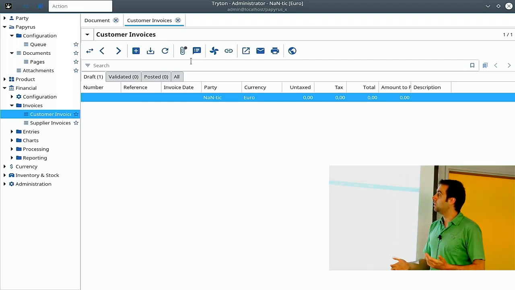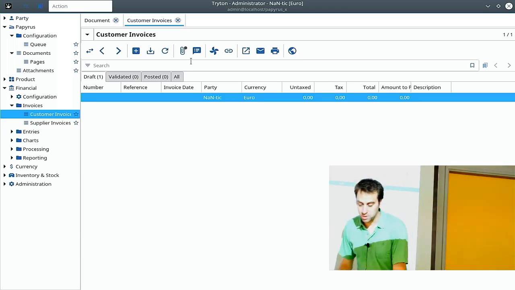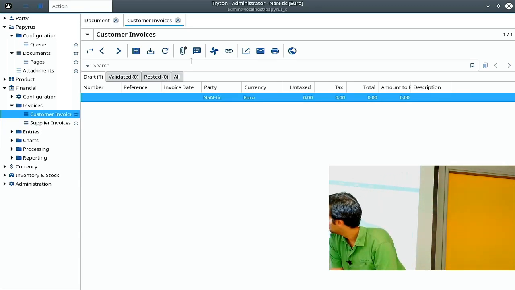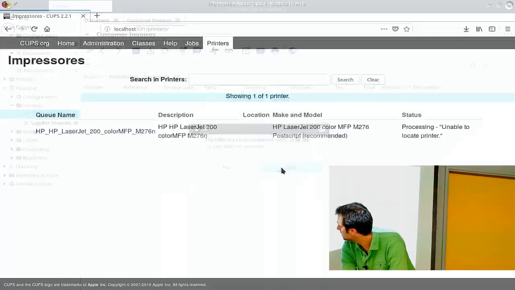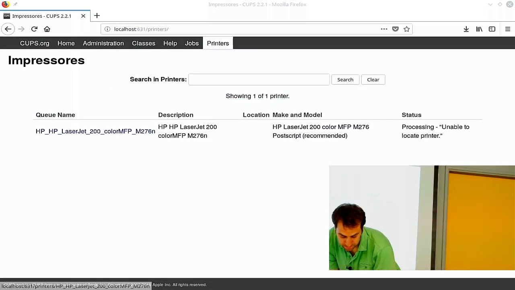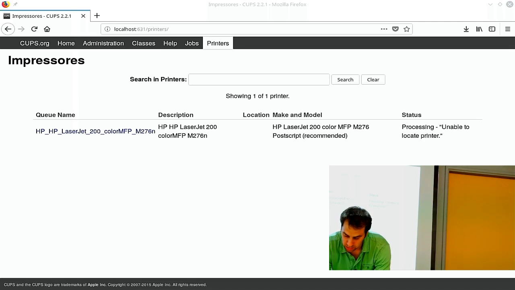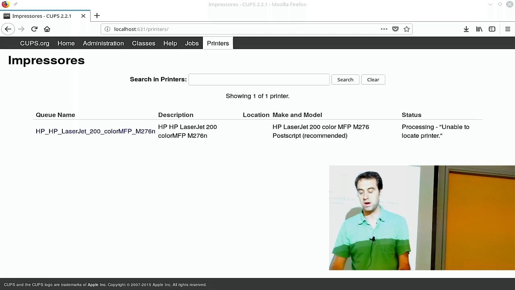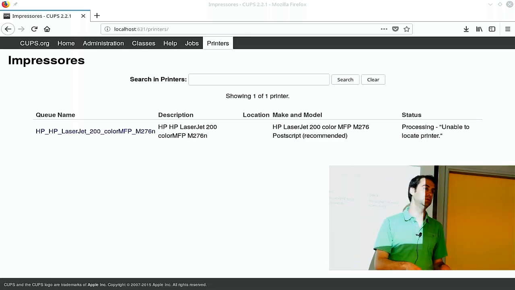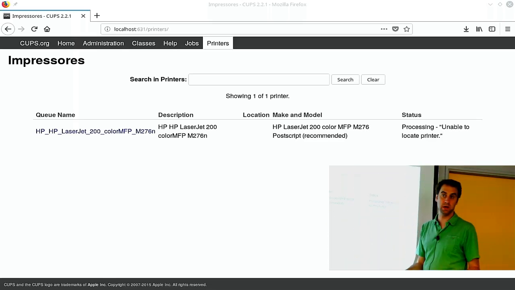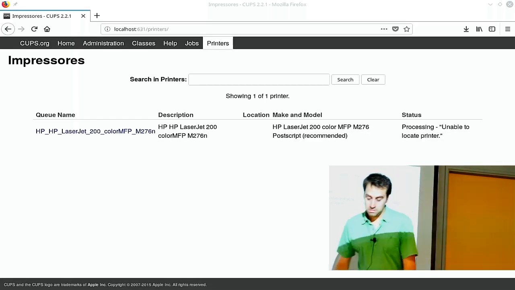But this is work in progress. So this one, I will show you just the configuration because it's not finished. And it tries to go farther than Papyrus. In Papyrus, it requires manual intervention. You still have to put the information that comes from the invoice of the supplier. But,